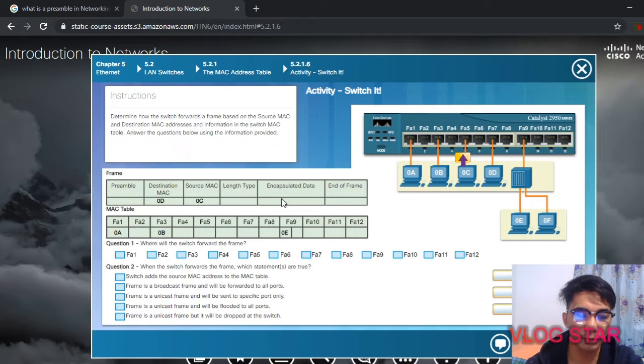The source MAC address field is also a 6-byte field, which identifies the frame's originating NIC or interface. It is the specific sender, the specific device that will send a frame. It must be a unicast address. Then